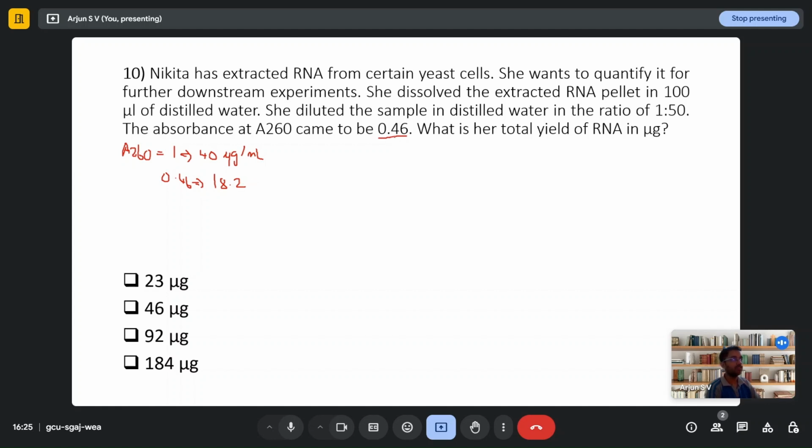So now what we have to do is work this up in reverse order to find the total yield of RNA. So the last step of dilution, they have diluted it to 1:50. Let's just say dilution 1, D1. So it's 50 times dilution. So you multiply 18.2 times 50, which gives you around